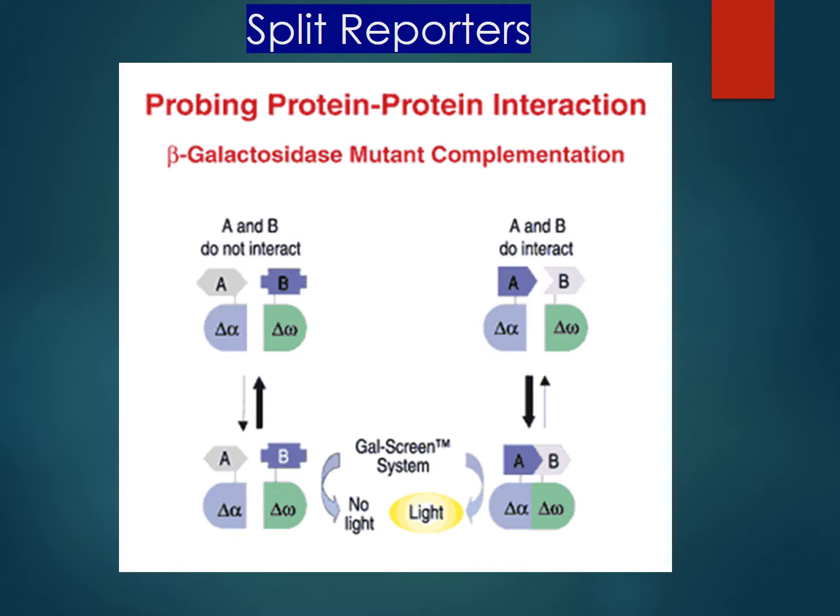Remember, this can be done with extracts and not necessarily inside the cell. It can be inside the cell, it doesn't have to be. Okay, so the yeast 2 hybrid was inside the cell. So that's a difference here. So this is protein-protein interactions here. This is called beta-galactosidase